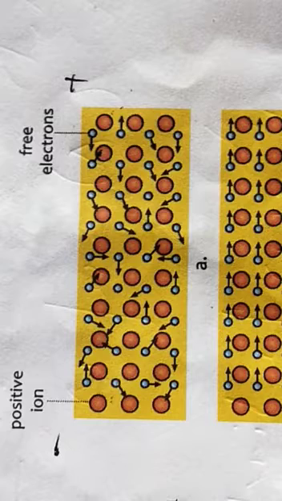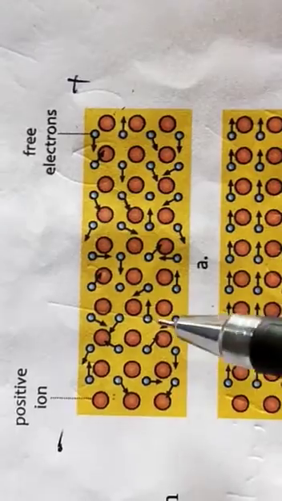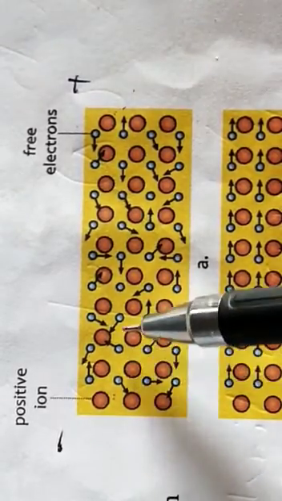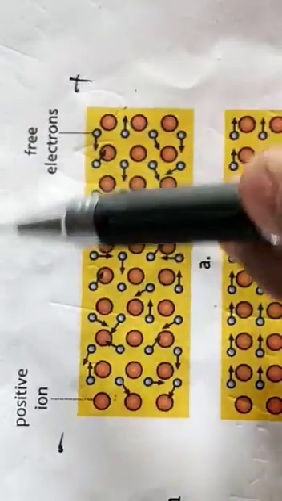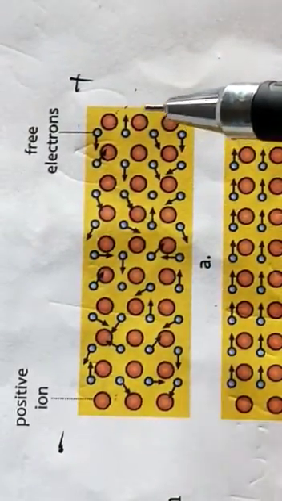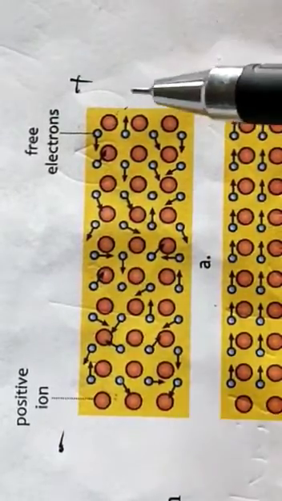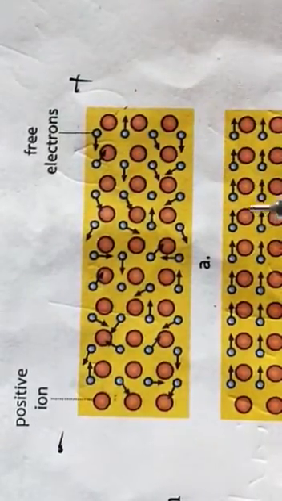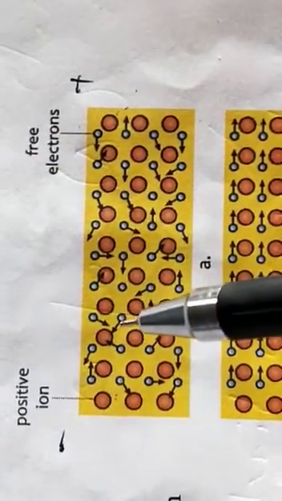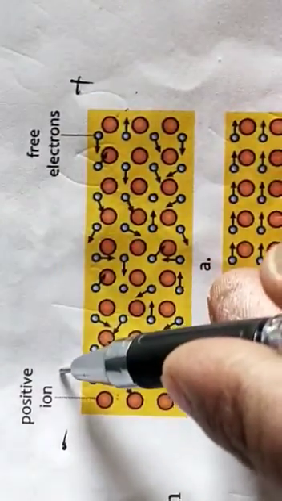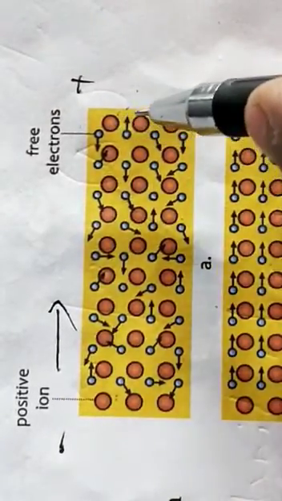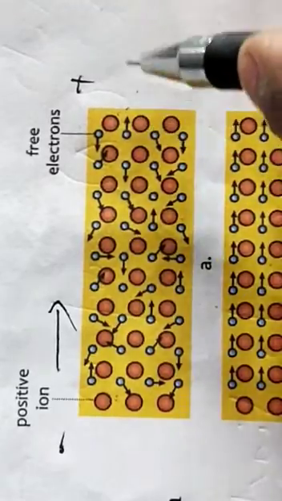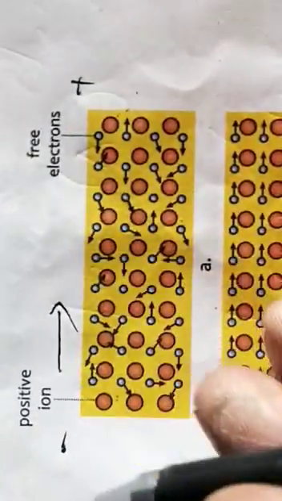So under normal conditions, what is happening? These free electrons move in all directions. But when the free electrons move from one end to the other end, current starts flowing in just the opposite direction to which the free electrons are moving. Suppose the free electrons move in this direction, then the current will start flowing in just the opposite direction.